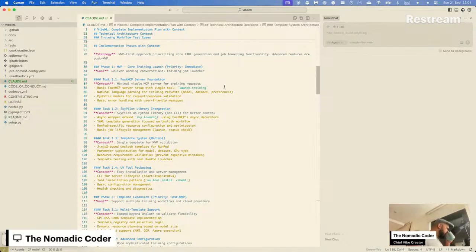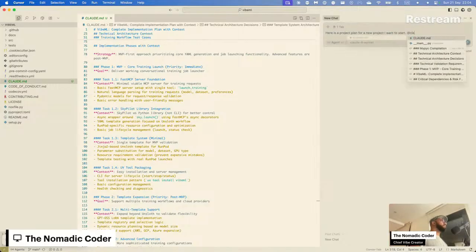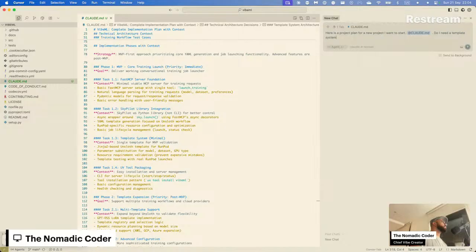Do I need a template? It's a project plan for a new project I want to start. Do I need a template system?